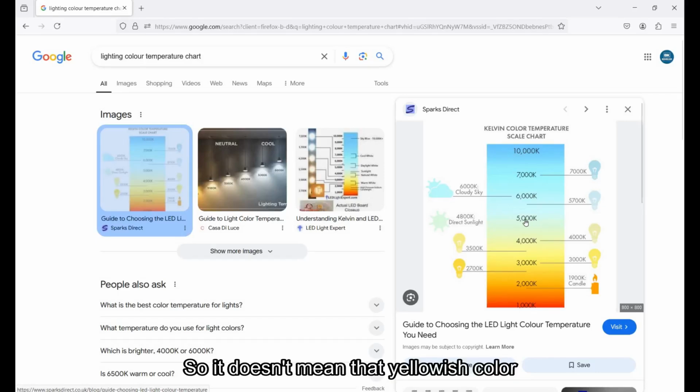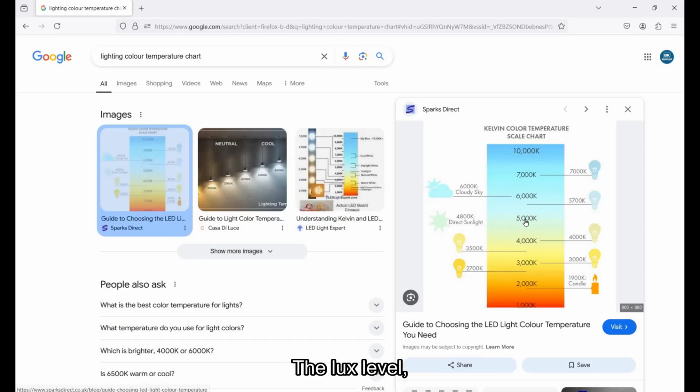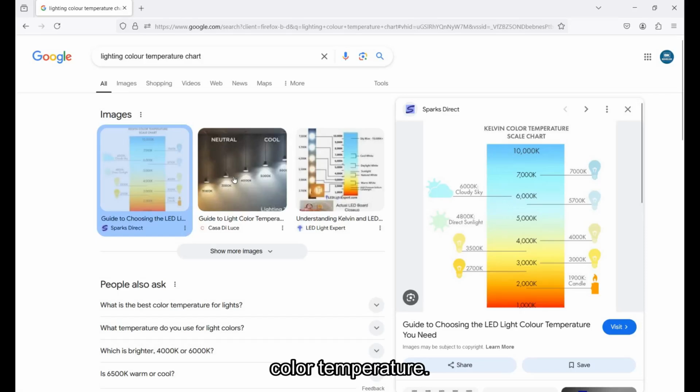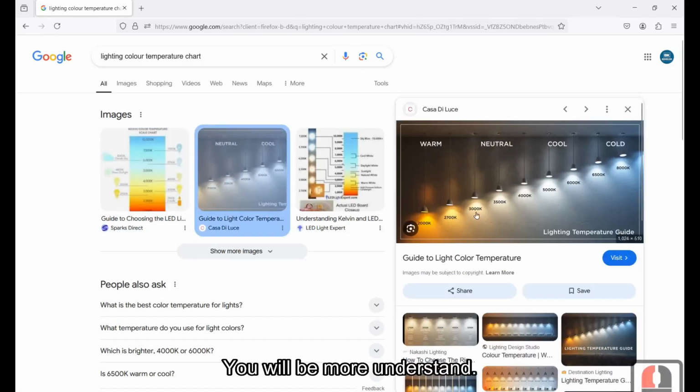It doesn't mean that a yellowish color is less bright than the white color. The lux level, which is the intensity of the lighting, is still the same, although it falls under a different color temperature. Just click on this picture, you will understand more.